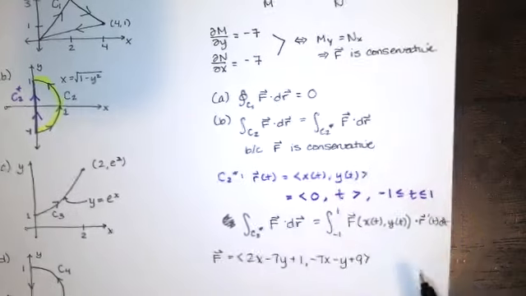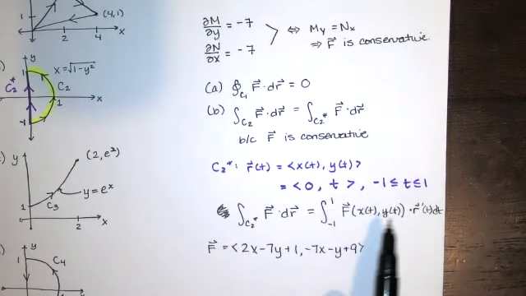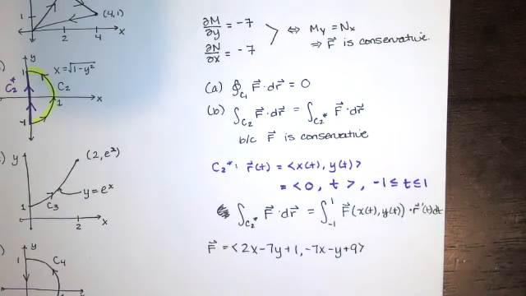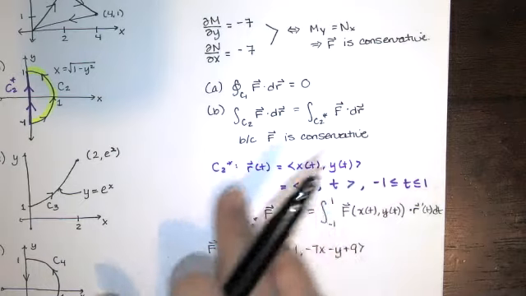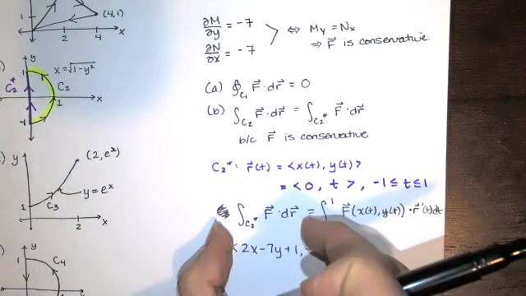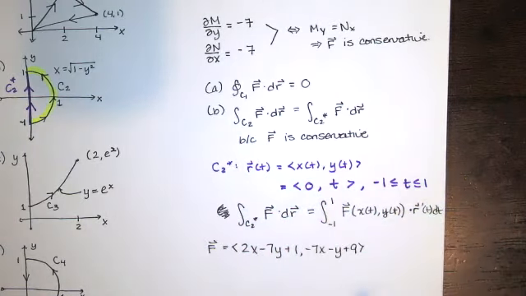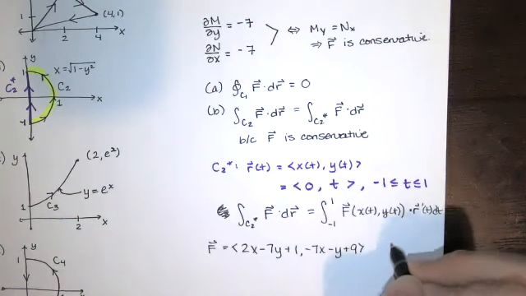Now this tells us everything that we need to do. We need to write our field in terms of t, we need to compute r prime of t, and then we need to take the dot product, and then we need to evaluate the integral. So all the symbols are there, and all the symbols are telling us what to do. This might be a little ambiguous, but if you can remember that this means this, then you're going to be good to go. So let's find our field in terms of t